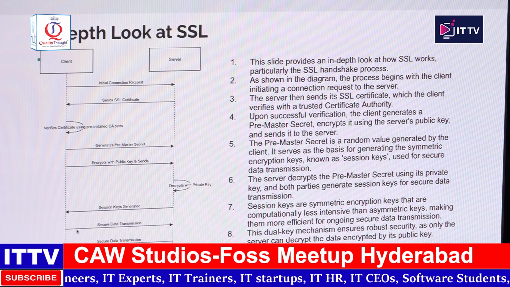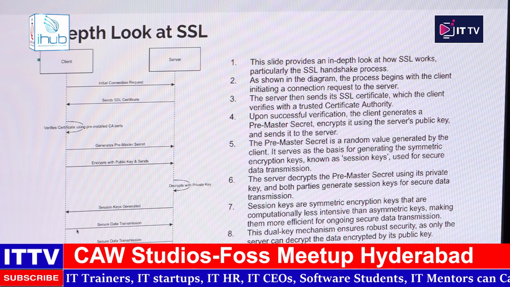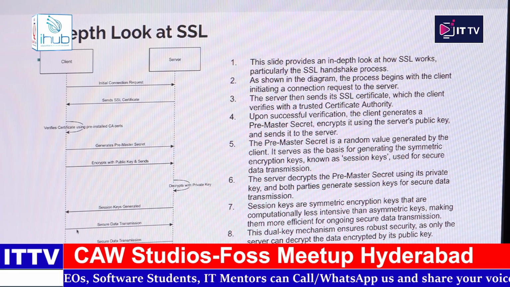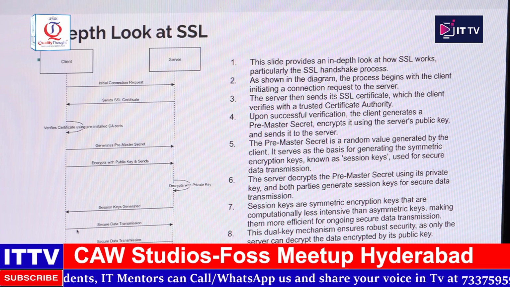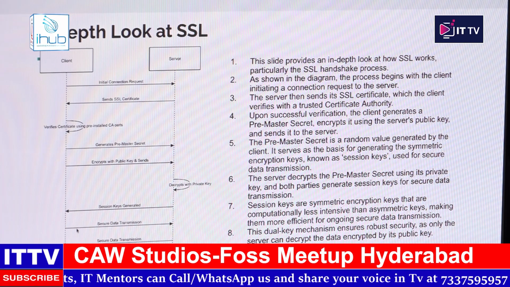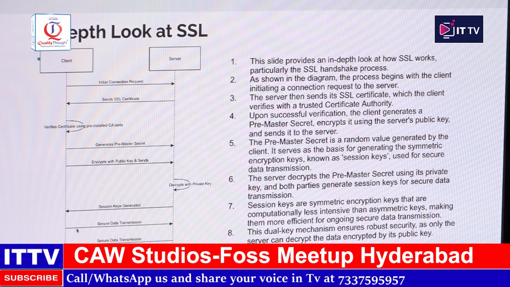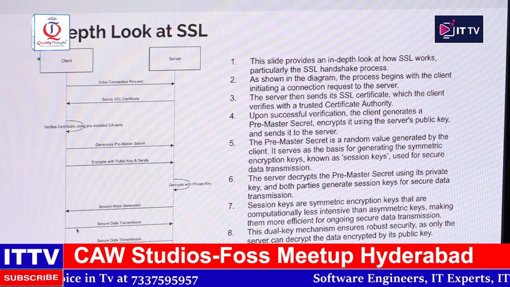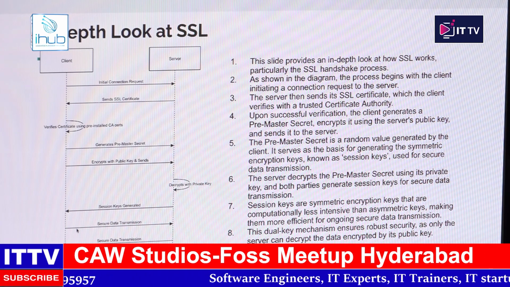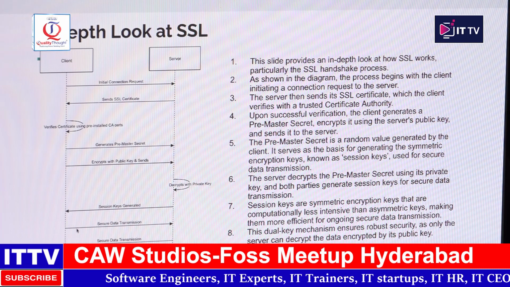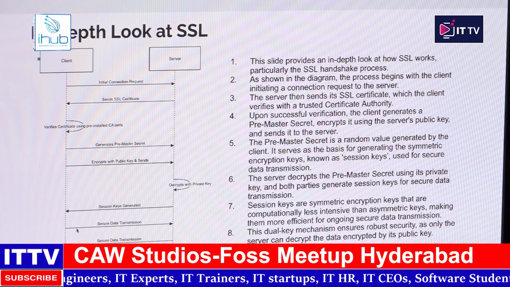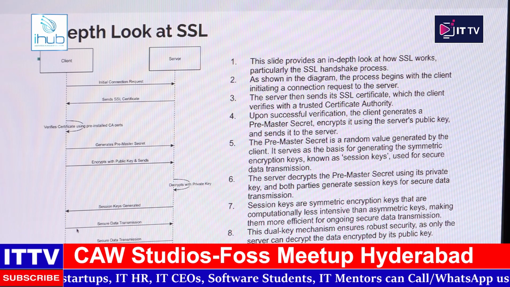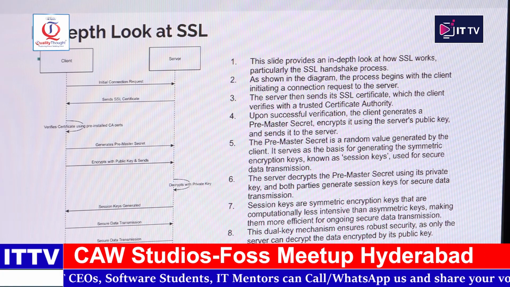So why symmetric encryption? We already have the asymmetric keys in place, so why not just use them? Symmetric encryption is generally considered to be quite fast when you compare it to asymmetric encryption and decryption. That's the reason most of the protocols on the SSL side follow symmetric encryption by sharing the secret key. If you have any questions related to this, we can take them at the end. The reason is I have more things to go about. Moving forward,